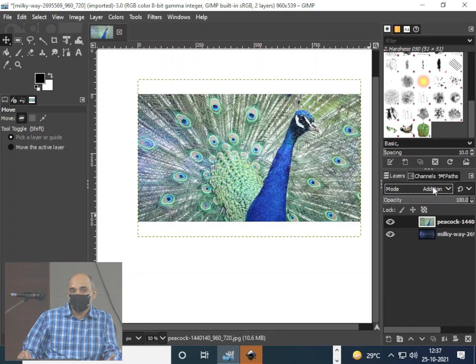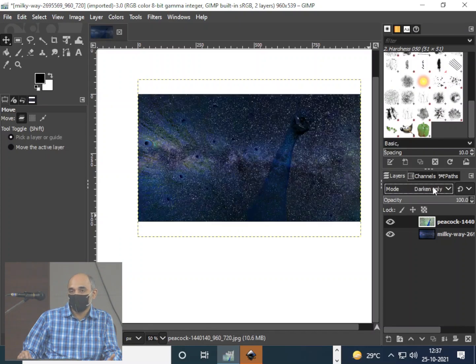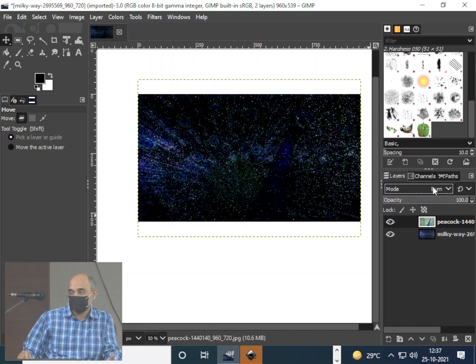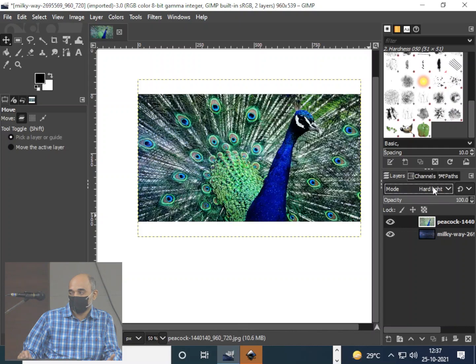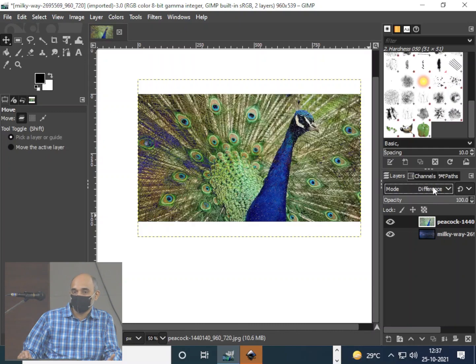Okay, I'm just changing the modes and showing you the blending between the two layers or two images. You can try this out, try the various options and see what you are going to get.